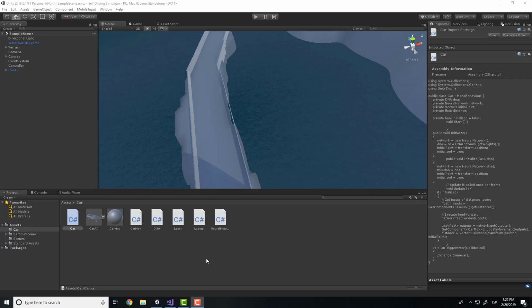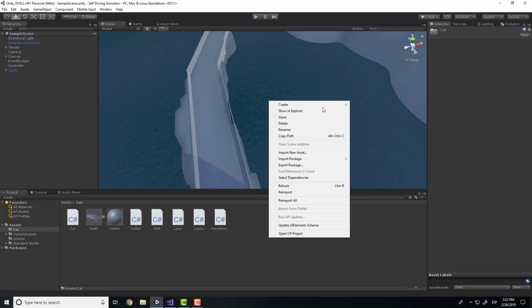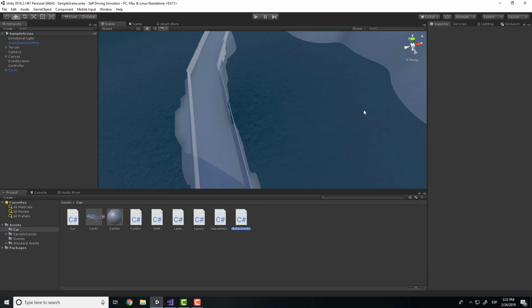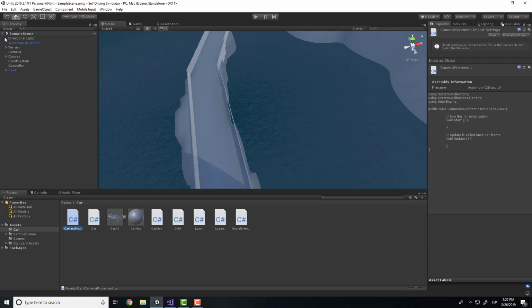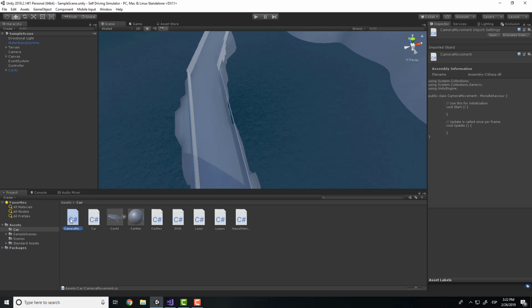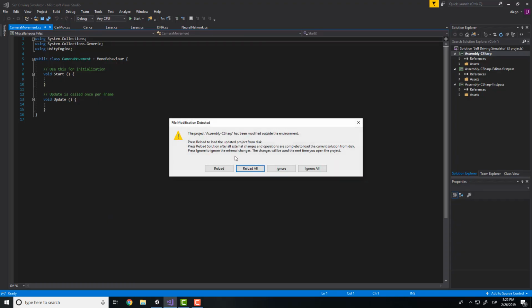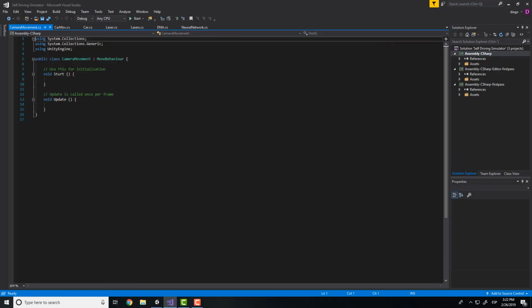So, here we'll need to create a new C# script that will be added to the camera, that will be camera movement. Okay, then drag it to the camera, that is this, and in the camera we will have the camera movement script. So double click, reload, and here